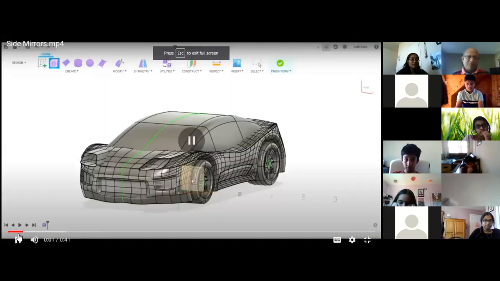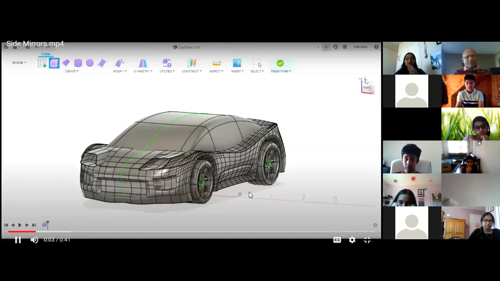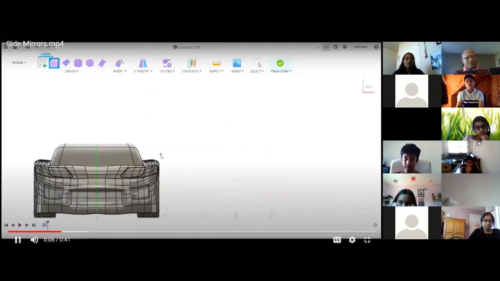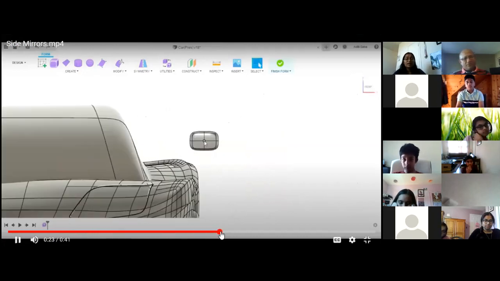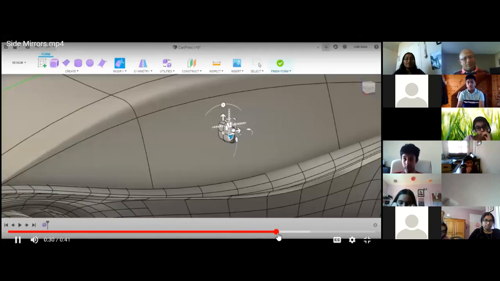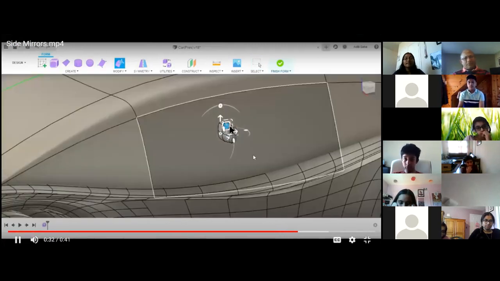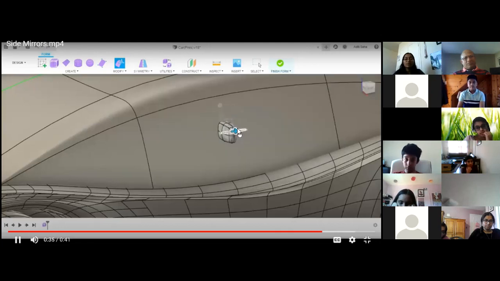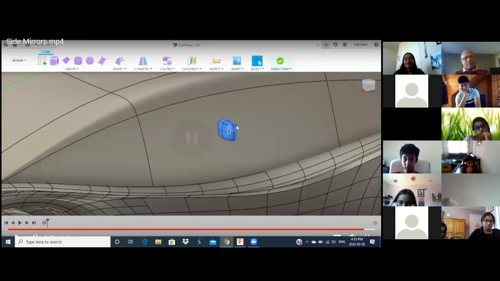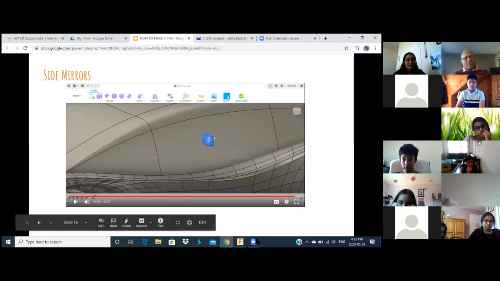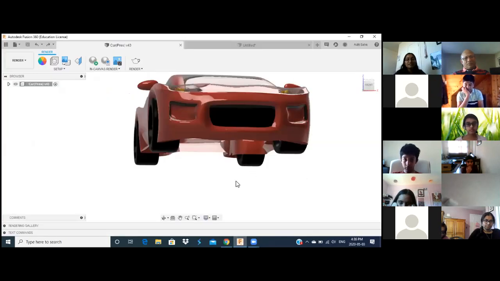So I'm creating another body for this, going to create box, and I selected a plane over here to draw on, and I'm drawing a box right now. The box can honestly be any size you want because you're going to edit it afterwards either way, so it doesn't have to be perfect. Basically everything is just editing the shape. So I cut off a few lines to make it look a little more like a side mirror, and basically that's it. And if you want to know how I got it into this form,